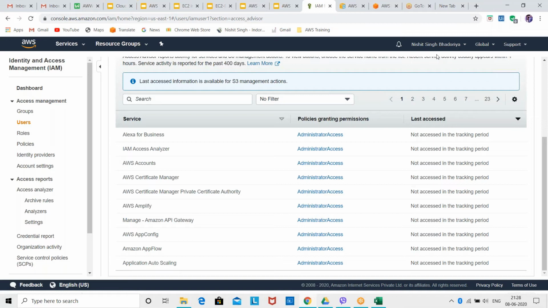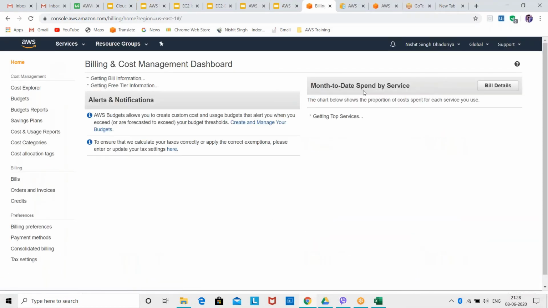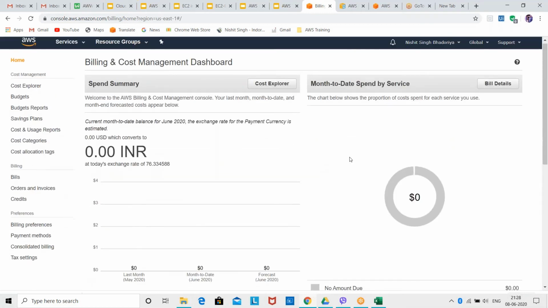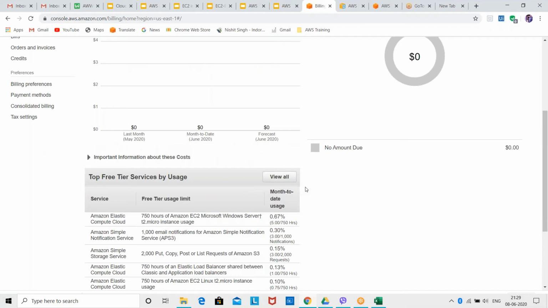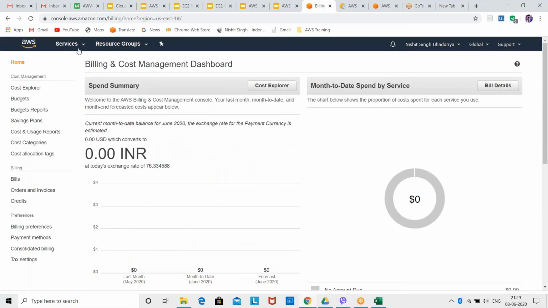Then you can go directly to the billing dashboard by clicking on your name. Here you'll be able to see how much cost or how much amount of services you have used. You can do it this way for the current situation.